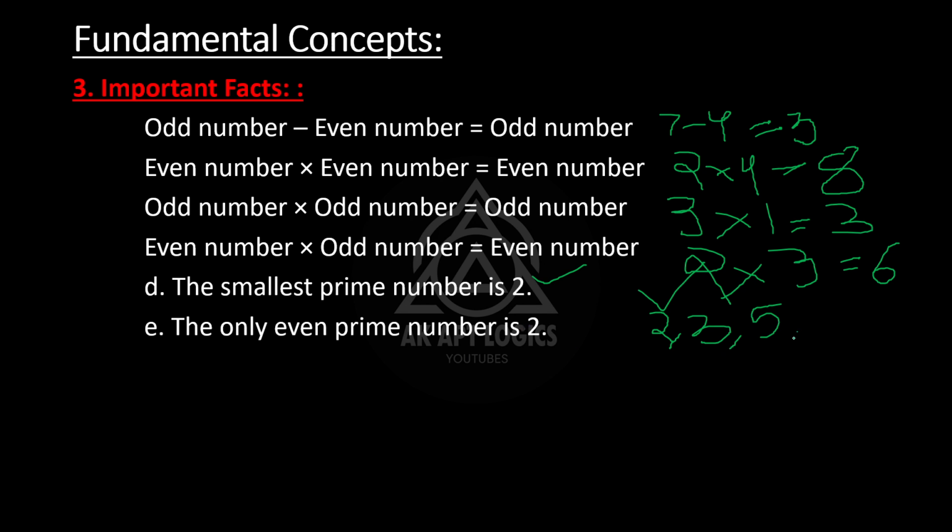So if you are going to take prime numbers 2, 3, 5, 7, and so on, 2 is the only even number. The remaining prime numbers are all odd numbers, because any even number is completely divisible by 2, right? So we can't say any other even number is a prime, because